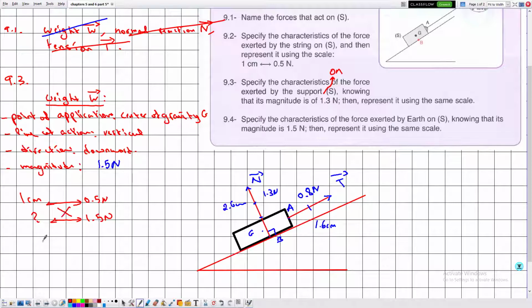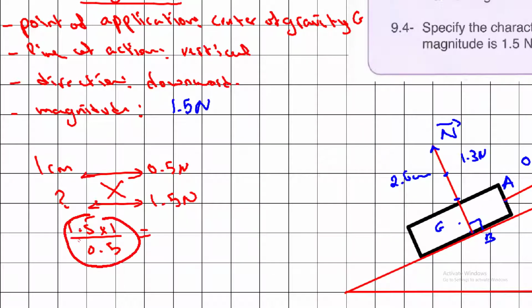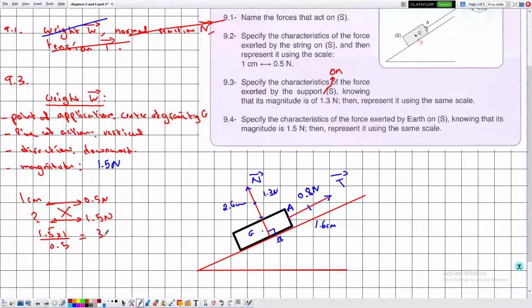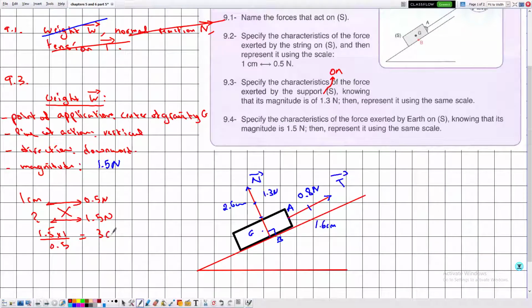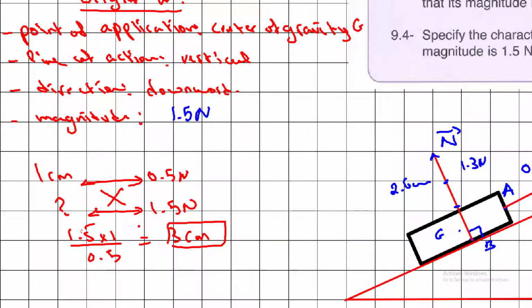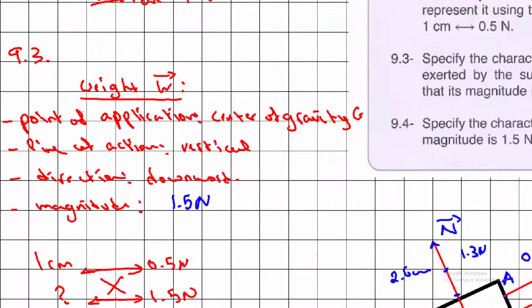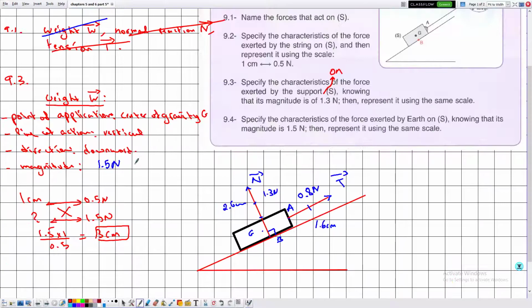So now if you crisscross, 1.5 multiplied by 1 divided by 0.5. Plugging this fraction in the calculator, it is given by 3. Since it is under the centimeters, it will be expressed in centimeters. So now this is the length of the vector. Now we are ready to represent it because we know the properties and we know the length equivalent to 1.5 newtons. So from the point G vertically downward,